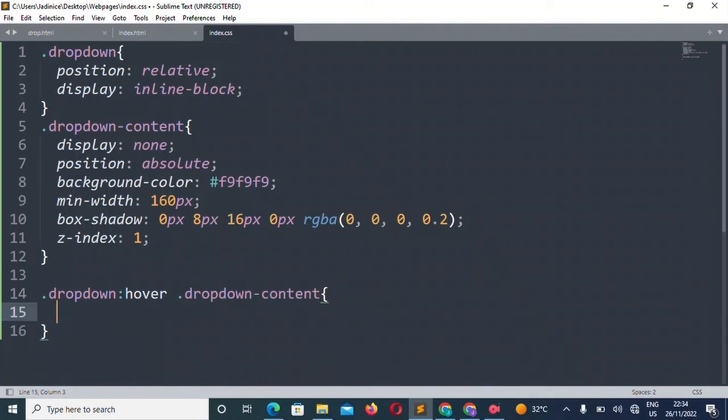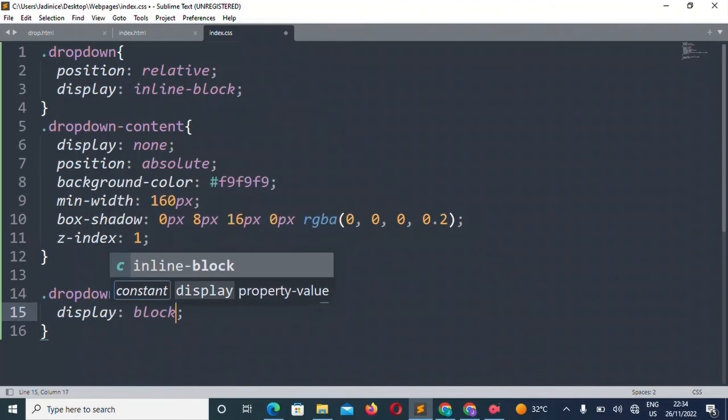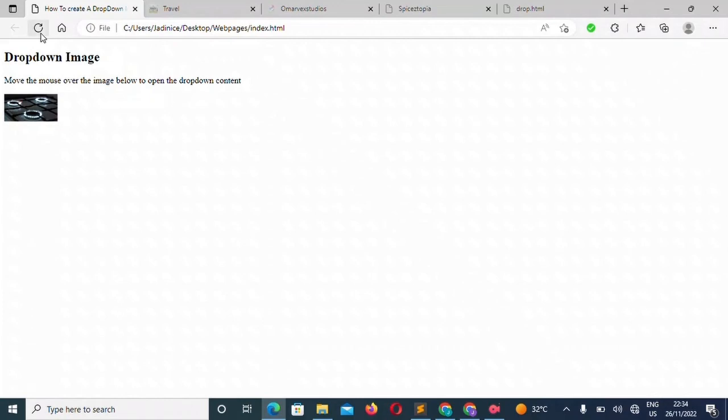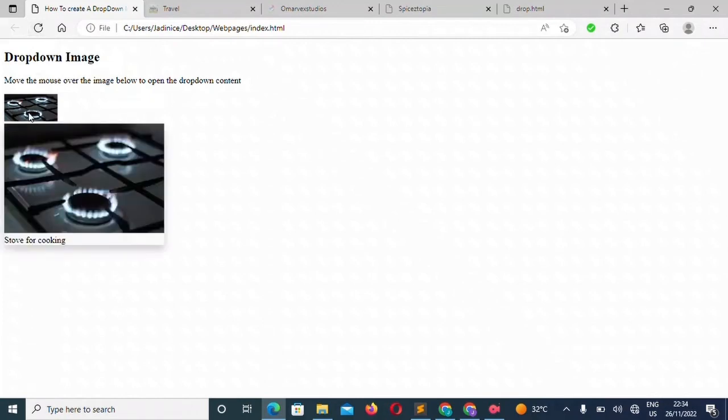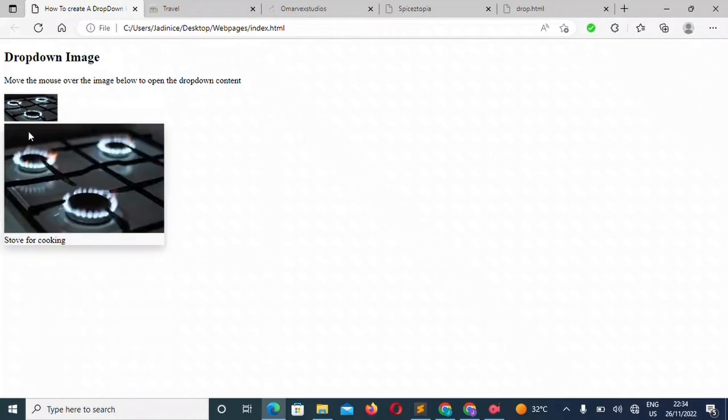Now this is what will make our work so far to appear, and so the display will be block. We'll save it and then we refresh. So when I hover it, you see it there, it appears already.